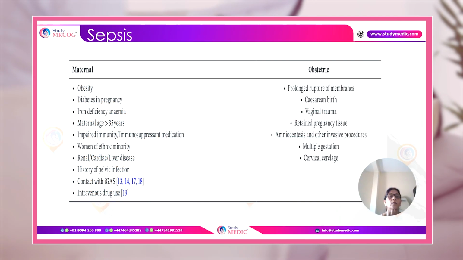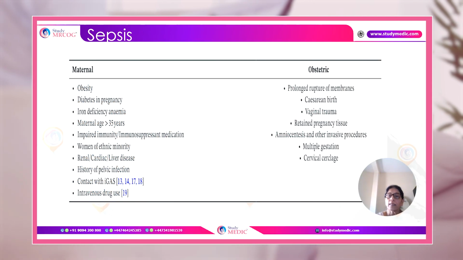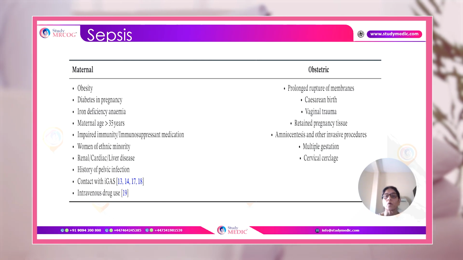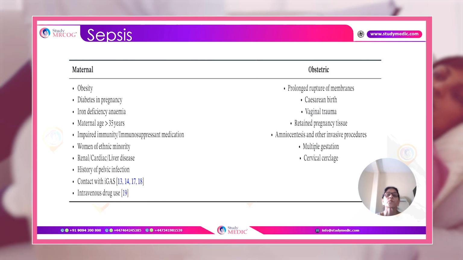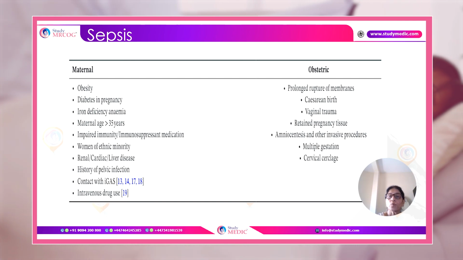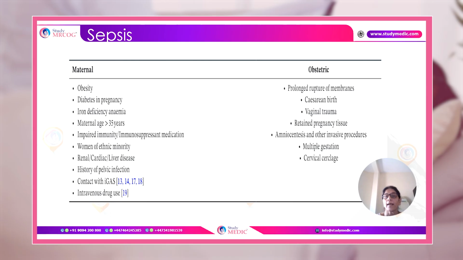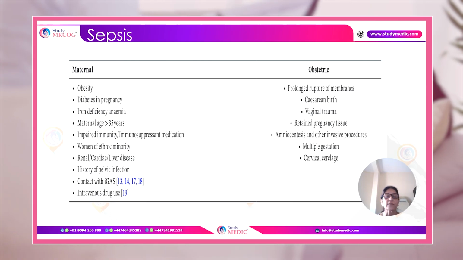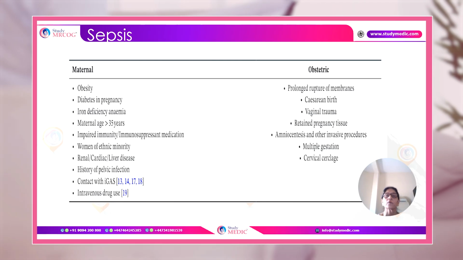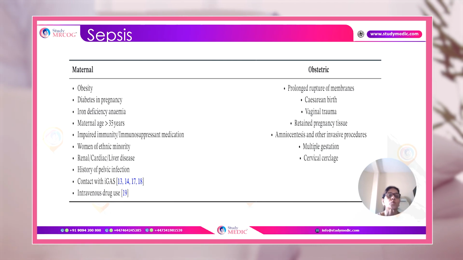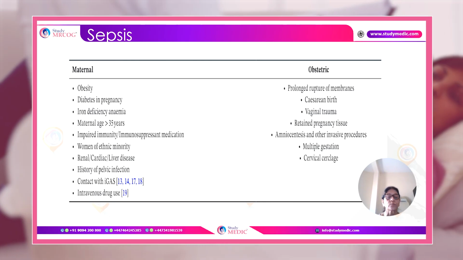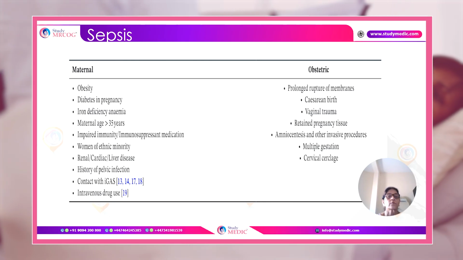The next guideline, an important one that has been updated now, is the one on sepsis. A few things are very important. You have to know which women are at an increased risk of developing sepsis in the antenatal or postpartum period. So: obesity, diabetes, iron deficiency anemia, age more than 35 years, impaired immunity,